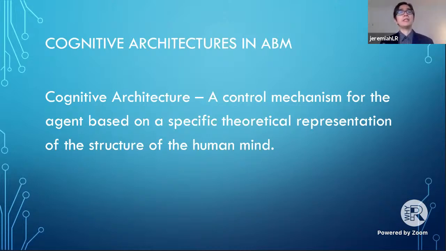But you can have even more elaborate control mechanisms for agents. And sometimes these are called cognitive architectures. So depending on maybe your own theory of how the human mind works and depending on the goals of your model, you can have complex behavior for each agent in the model.